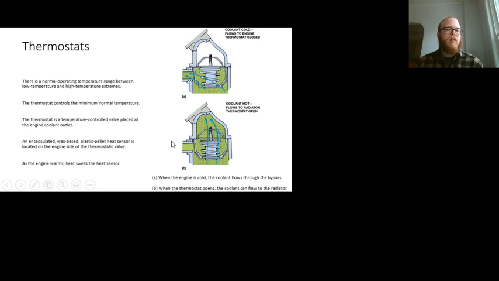Once we start to come to operating temperature, there's a wax pellet inside the thermostat that allows the thermostat to open, and then coolant can bypass to the radiator, at which either ram air, just the wind from us moving down the street, or the cooling fans can pull air through the radiator and help cool the coolant off. Thermostat opening temperature, early opening is somewhere between 170 and 190 degrees Fahrenheit, and then fully open is going to